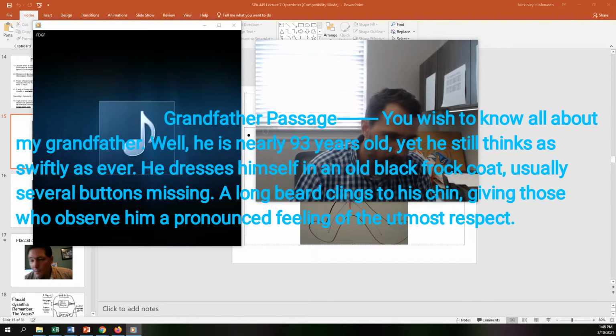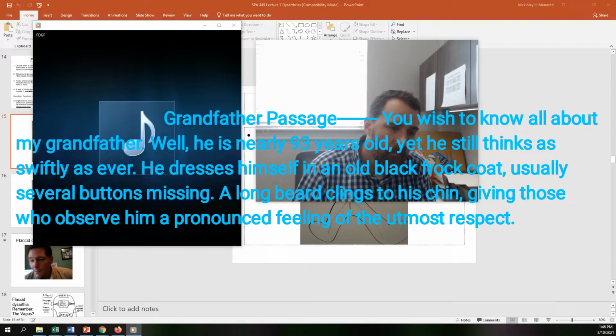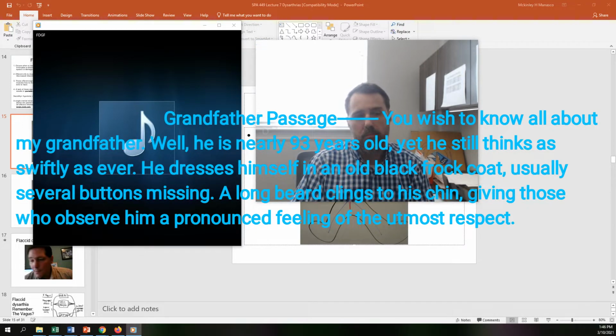I wish to know all about my grandfather. Well, he is nearly 96 years old, yet he still thinks as quickly as ever. He dresses himself in an old black frock coat. There's several buttons missing. A long beard clings to his chin, giving those who observe him a pronounced feeling of